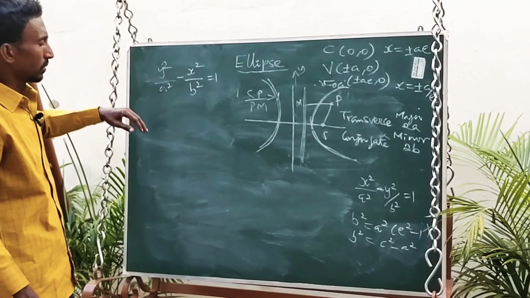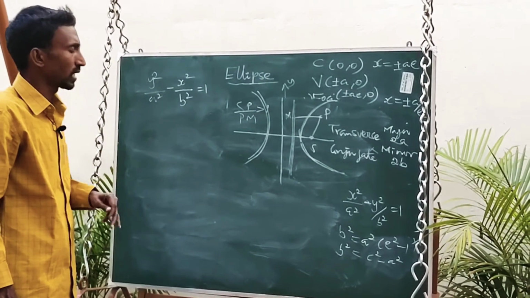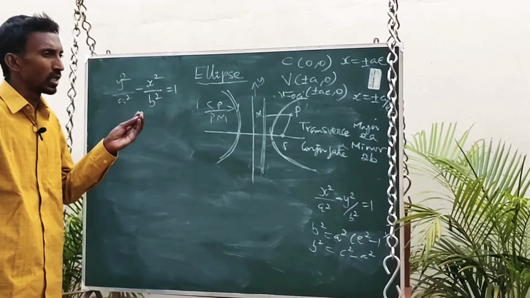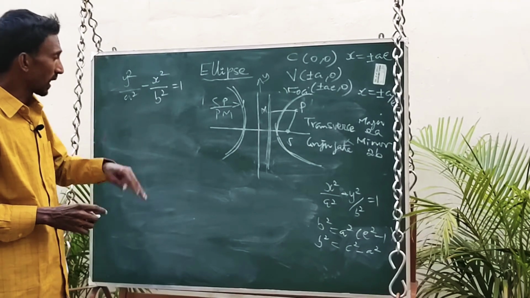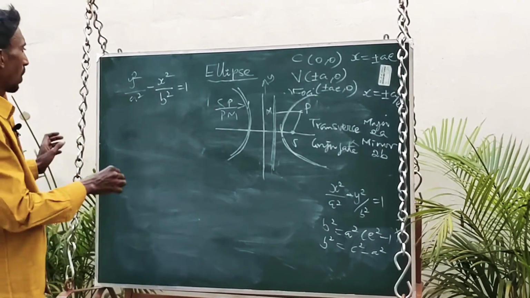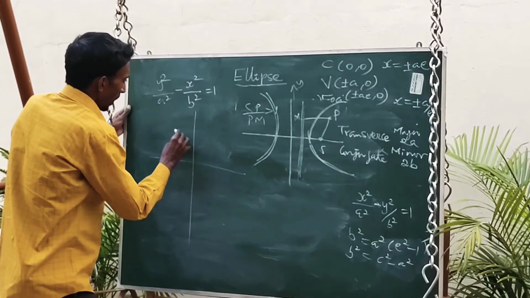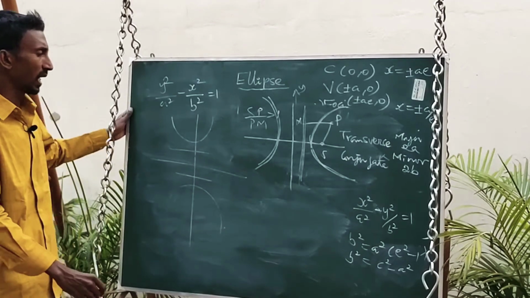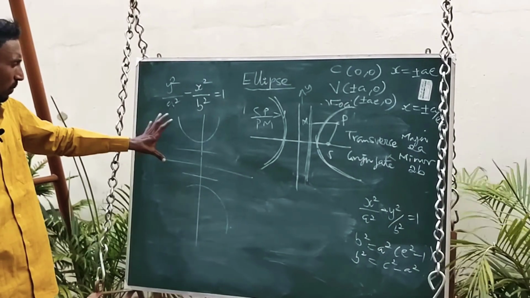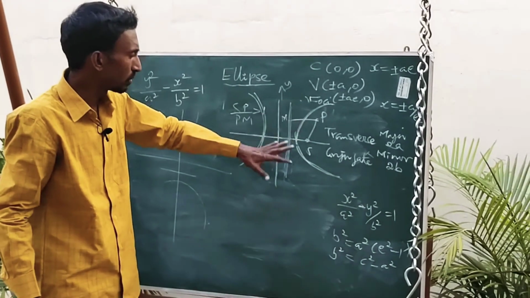Okay, in ellipse, the value below x square maximum means first type, that is a square. The value below y square maximum means second type, that is a square. But here there is no need to compare, what is present first is a square, and the diagram may be like this. Okay, directrices, this is the second type of hyperbola, and the major points are the same as the major points for the second type of ellipse, that's all.